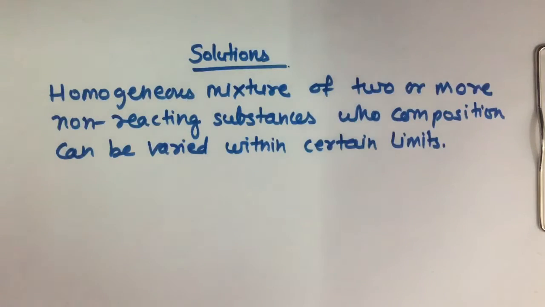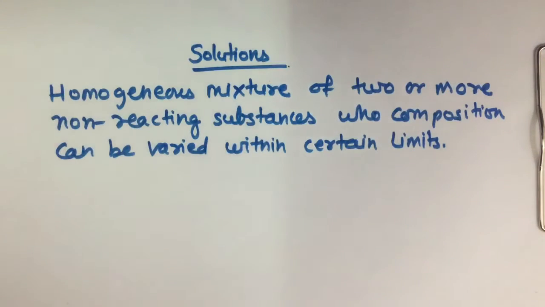Now the ability of a chemical compound to mix with other chemical compound is a very important aspect of chemistry. Most of the important chemical reactions that occur in nature, in plants, in animals are in aqueous medium. Aqueous medium means a medium where the substances are dissolved in water.